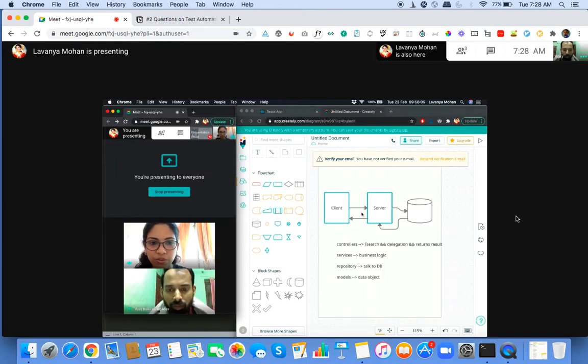Then we also tried to look at how our application code is structured. In this case, there are 4 directories. There could be more based on our application. And we tried to understand what the responsibilities of each are. Then, of course, we followed a top-down approach, but we could also do a bottom-up approach. Whichever we are comfortable with, we could do that and try to read the code. Now, when we're reading the code, even though we may not understand all the syntax and all the details, we are still trying to make sense of it by looking at those English words, which means that our code needs to be written such that it's easily readable.